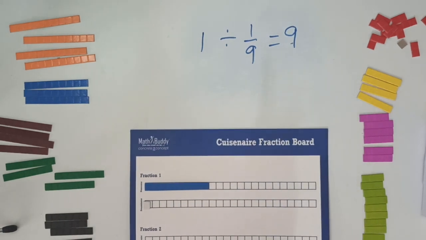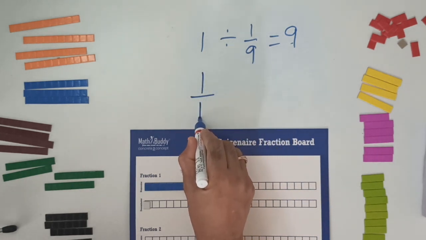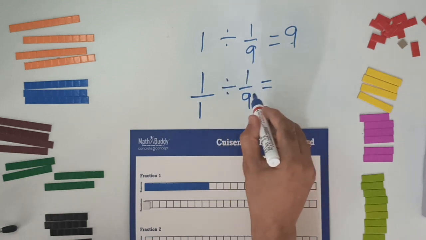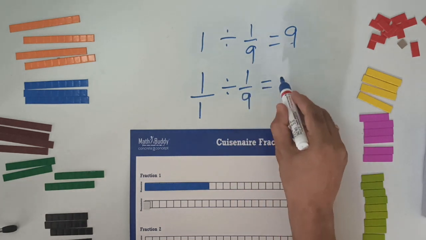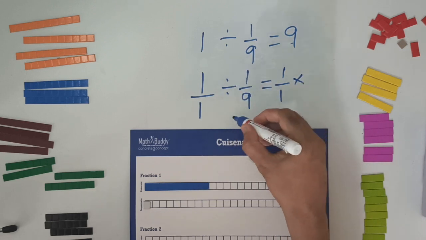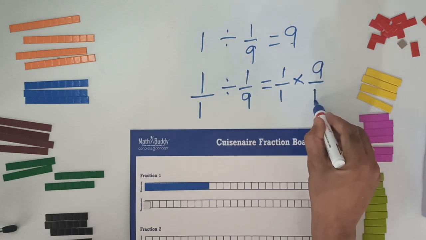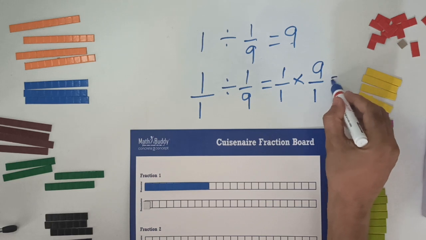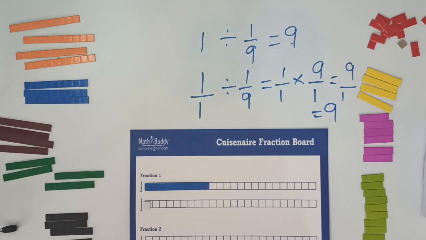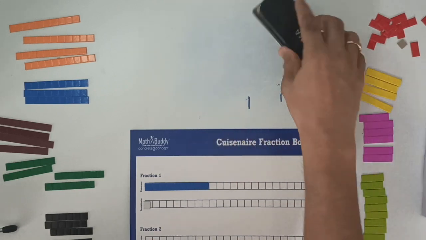Now you can also do this by just taking 1, we write it as 1 by 1, and then we divide this by 1 by 9, right? And whenever we divide something by a fraction, we can write it in multiplication form as 1 by 1 multiplied by the reciprocal of this, which means you put the denominator in the numerator and numerator in the denominator. So just do 9 by 1. And if you want to find the value of this, it's 1 into 9, 9 by 1, which is same as 9, right? So we can find this by following these steps also. But what we have learned is the concept behind this.